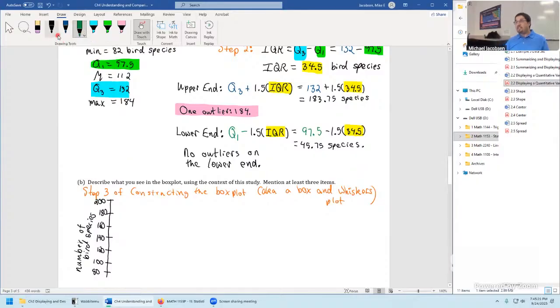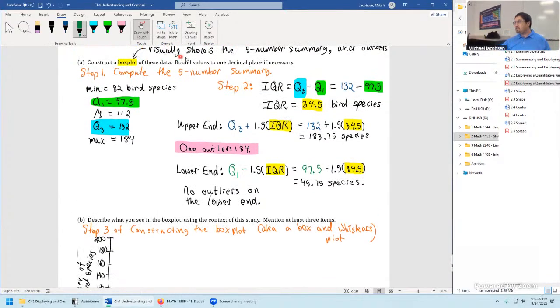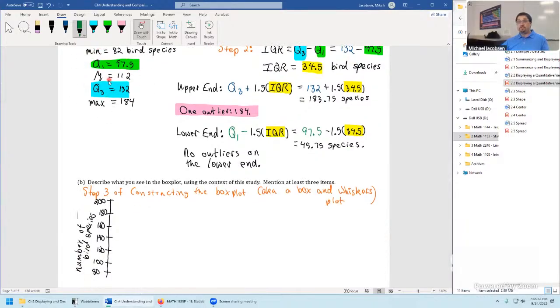Well, so far it's kind of the same thing we would have done if we did a dot plot. It's just a vertical scale is the only thing that's new. And finally, we mentioned the box plot is just going to visually show the 5-number summary. So we're just pulling in this information now that we have our scale set. The box plot is just a brilliant way to say, where is, for example, the lower quartile?